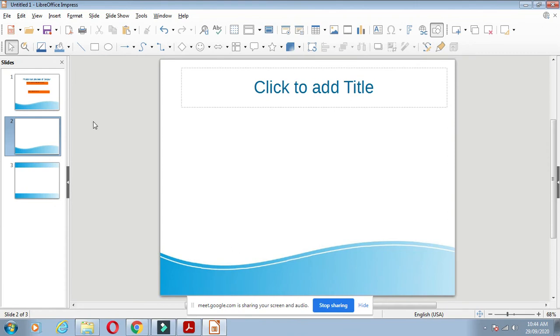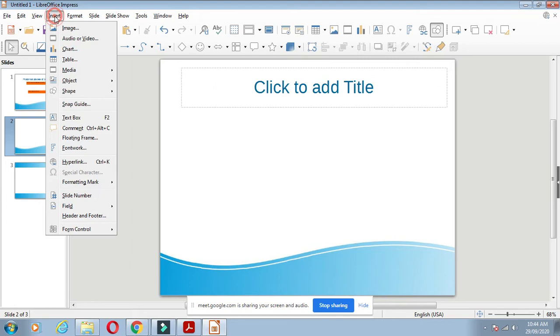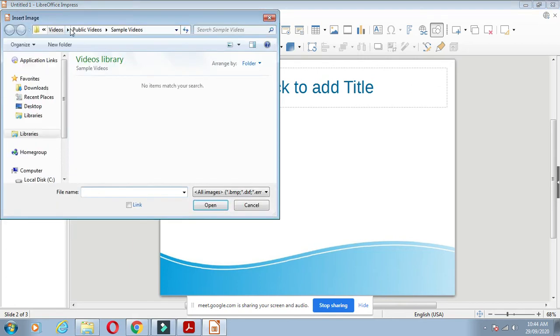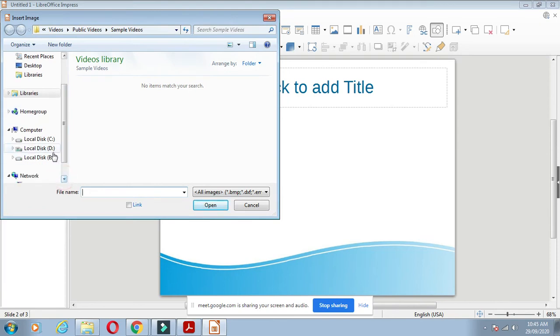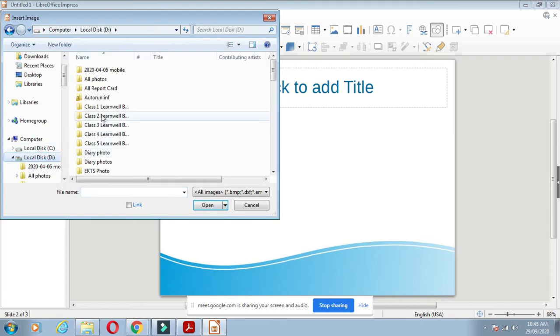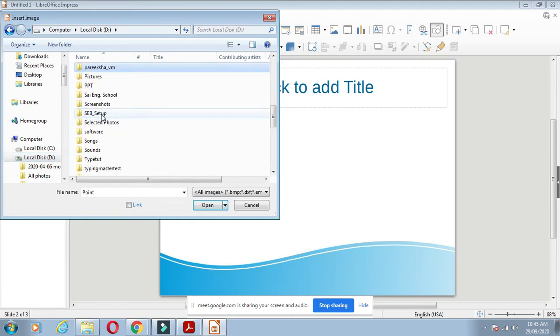your picture. You can directly insert the picture also from insert image. Click on it, you find out the image, what image you have to insert in your presentation.